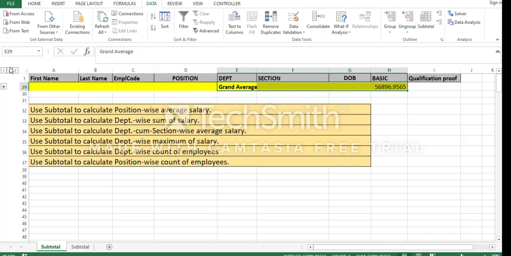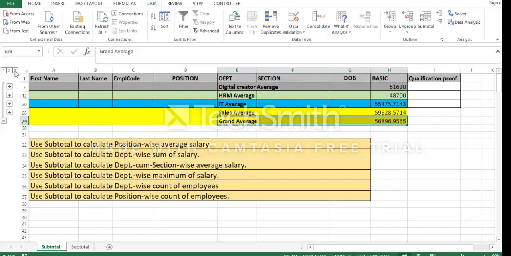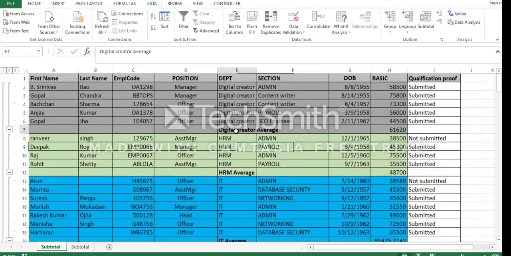Now this is the quick access toolbar for this criteria. You can just simply group and ungroup all the columns over here. I'll keep